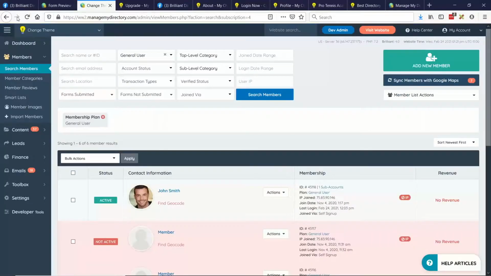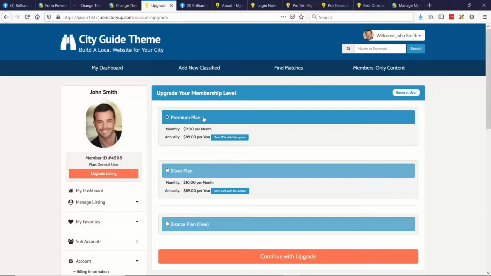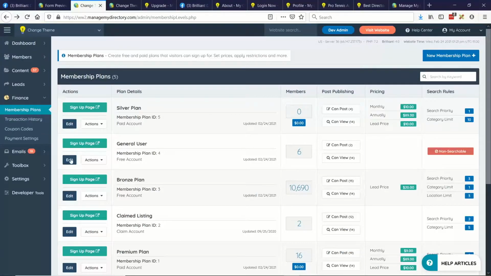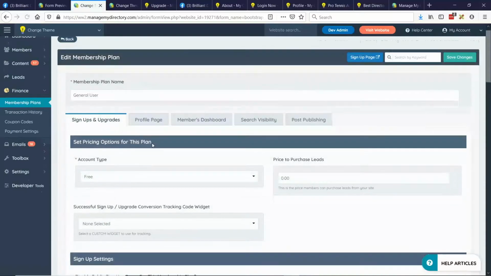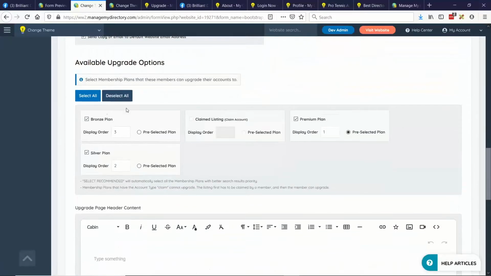Let's actually switch those around so we can see the changes. We'll actually put bronze at the top and pre-select that one. So let's edit the general user account. Okay, so we'll put bronze first, number 1, premium last, and we'll pre-select the bronze plan.